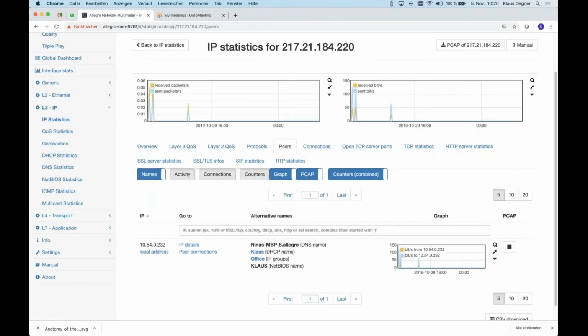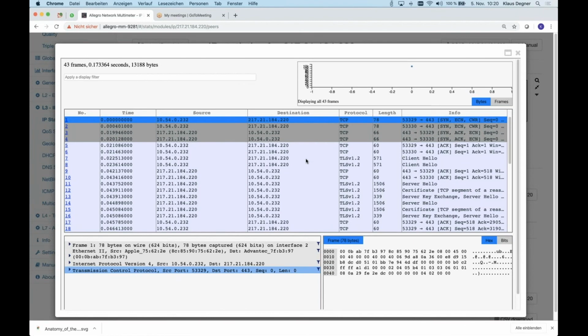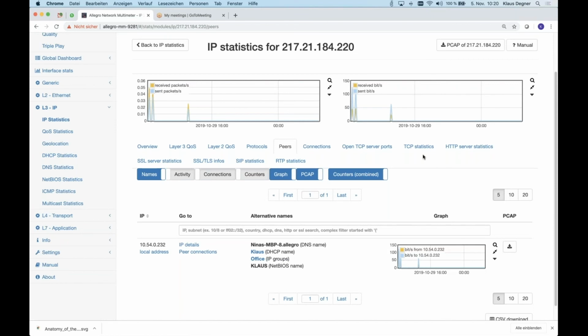And look with the WebShark view at what happened at the time, what did I access. Let me stop that so the WebShark opens, and see, okay, that was a request, for example, which was done here by SSL. But of course, we can go now a lot more in detail.